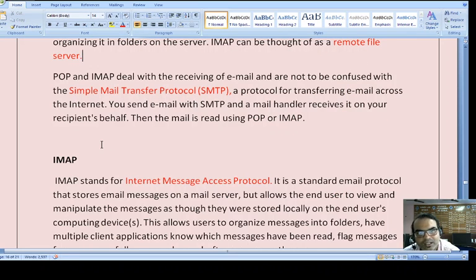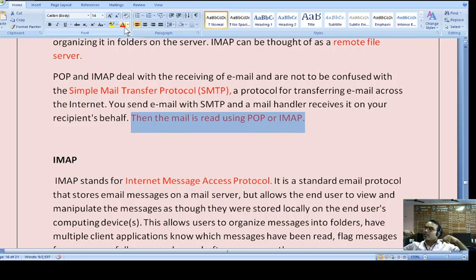POP and IMAP deal with the receiving of email and are not to be confused with the Simple Mail Transfer Protocol. Simple Mail Transfer Protocol is the protocol used to transfer email across the internet. You send email with SMTP and a mail handler receives it on your recipient's behalf. Then the mail is read using POP or IMAP. So both work in a different arena.